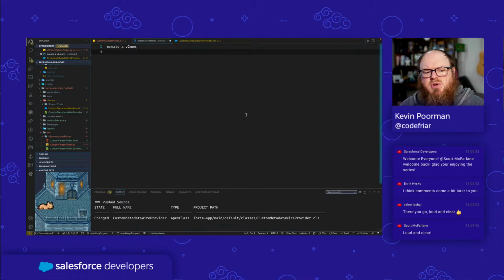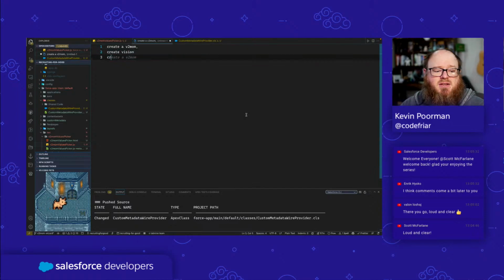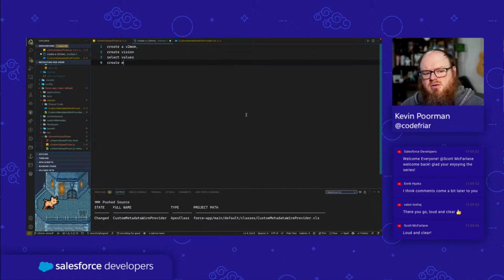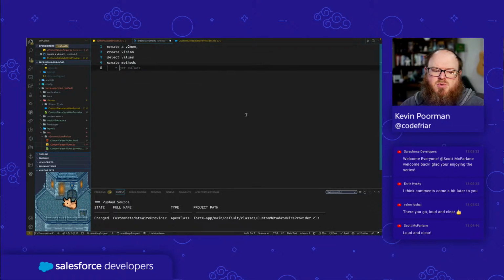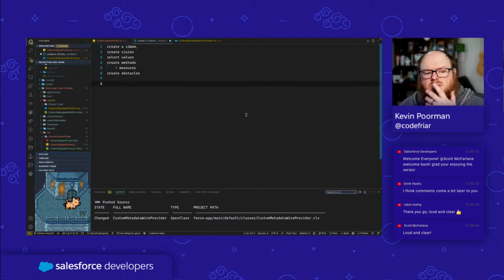So we're going to create our V2MOM. We need to create the vision, create or select values. Create the methods, which will also have measures. I can type, and we're going to create obstacles. Okay, and when we do that, we're predicated on us having this